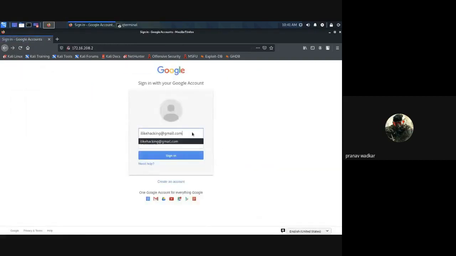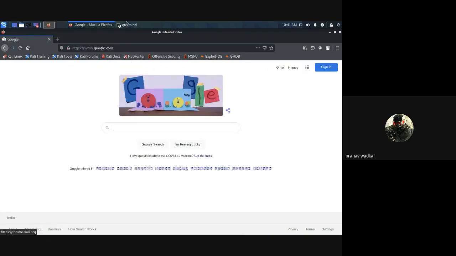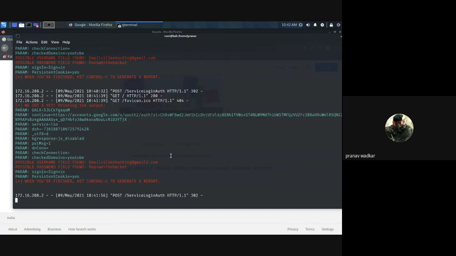Basically this link will never close. If I go to the IP address once more and enter another mail ID, let me enter anything else. So let's sign in. Again the victim is directed to the authentic Google website, but basically it doesn't sign in. You guys can see here it is not signed in. Whenever you sign in to Google, our profile picture appears, but it's not signed in here. So that's the way in which the social engineering attack is done.